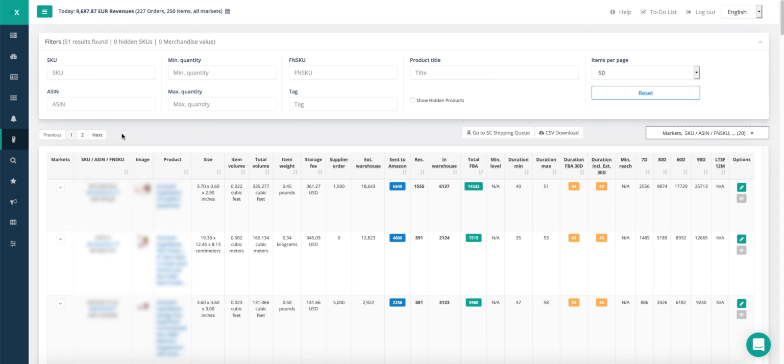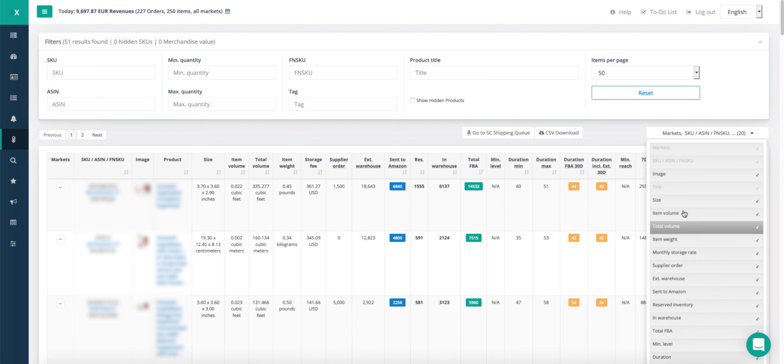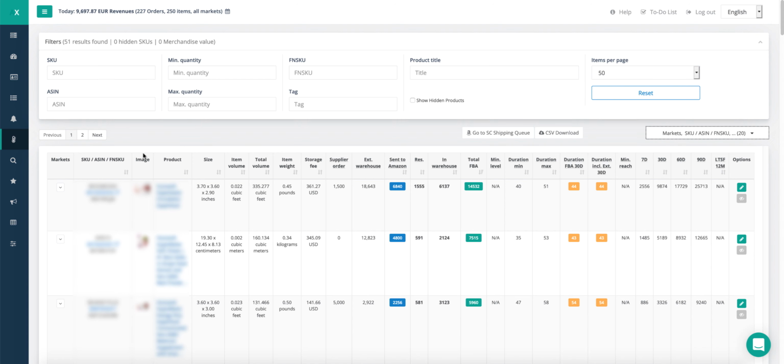AMALYTIX displays the following values for each product. You can hide columns that are not relevant to you at any time. At the outset, you will see the typical identifiers like SKU, ASIN, and also the FNSKU. This is followed by the dimensions, the volume of a single product, and the amount of all units of this